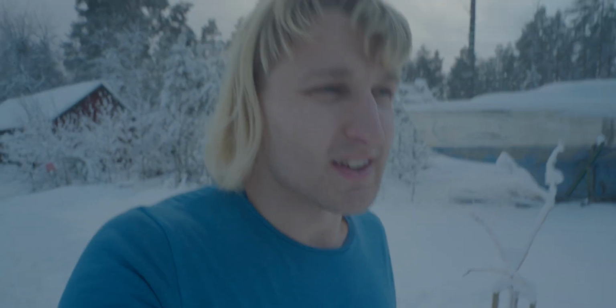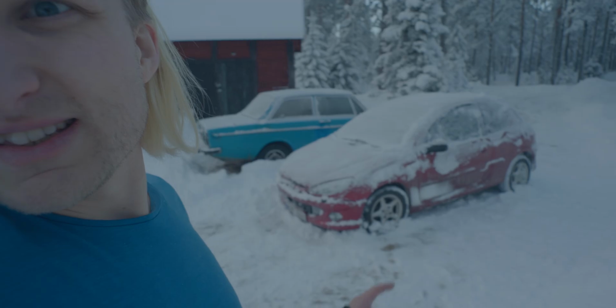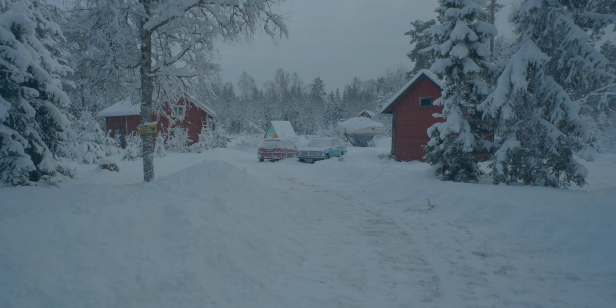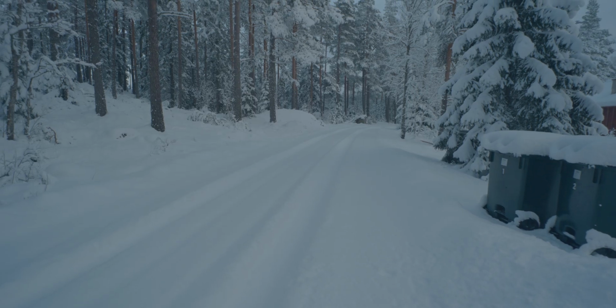We got snowed in. It's so silent. I've been shoveling snow all day with the only thing that I've got, and that is this paddle. This worked pretty well. That's my car, and this is the driveway. A foot of snow. Someone has driven here, but